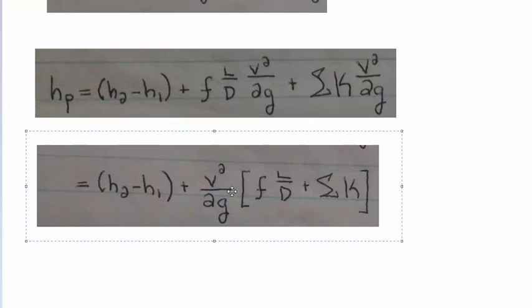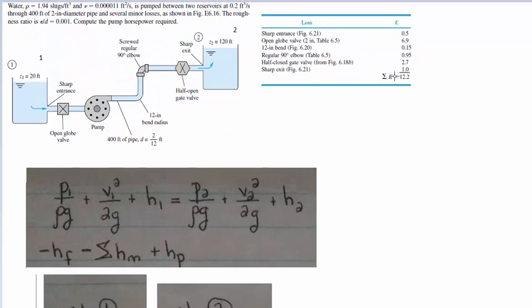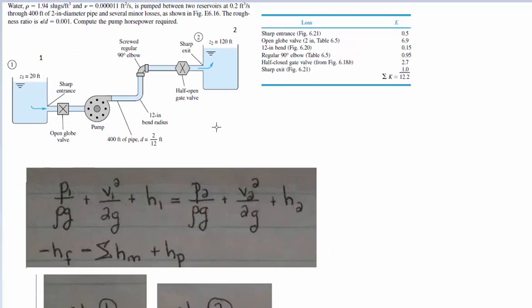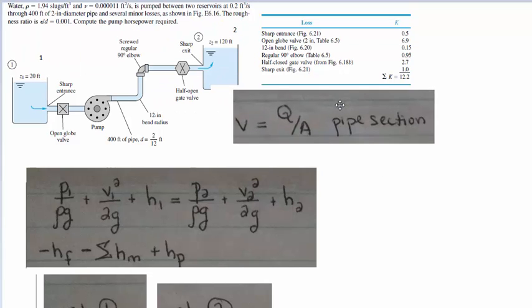And then since I said they had the same velocity, we can distribute this V squared over 2g, and you'll see that we simply have to deal with this for the major losses and this for the minor losses. So we already know this sum of K because that's given here in this table. The only thing we have to worry about is this f, and we also have to worry about this V. So how do we get V? Well, the same way we got V last time, and it's going to be a constant velocity throughout this entire